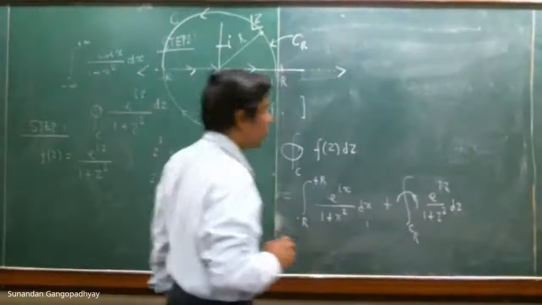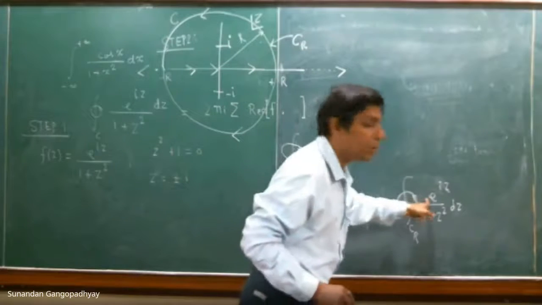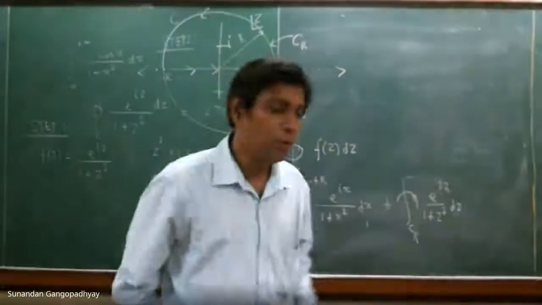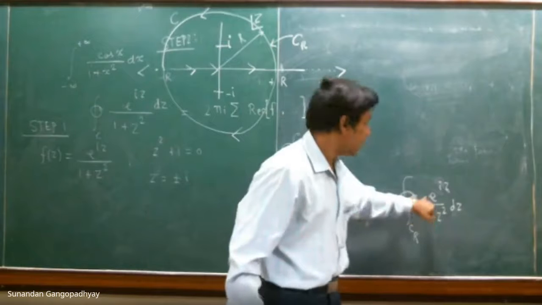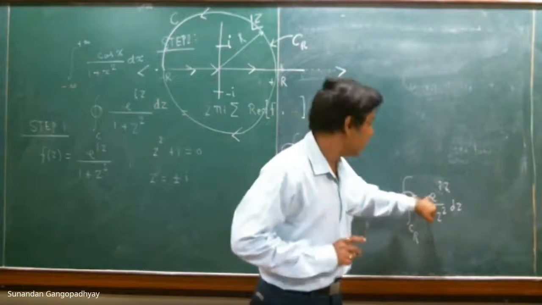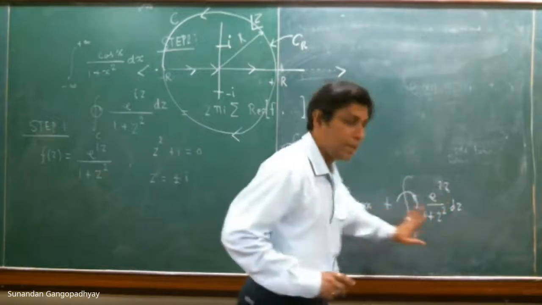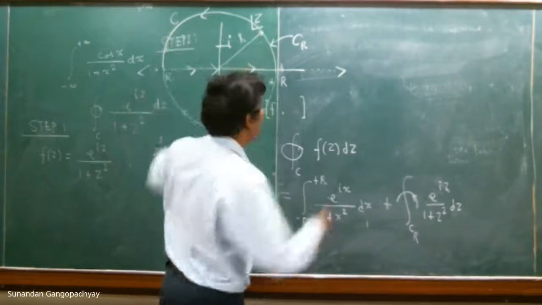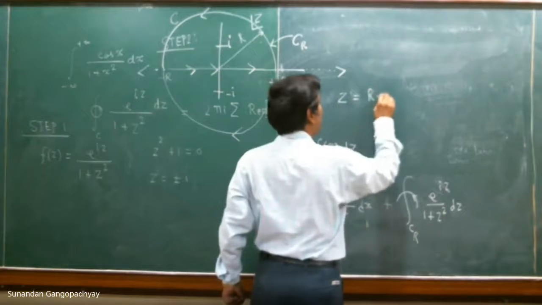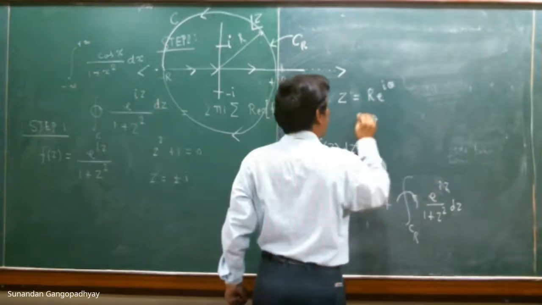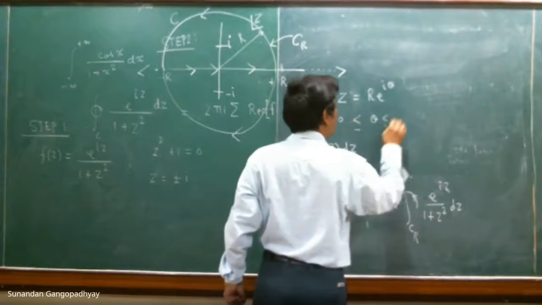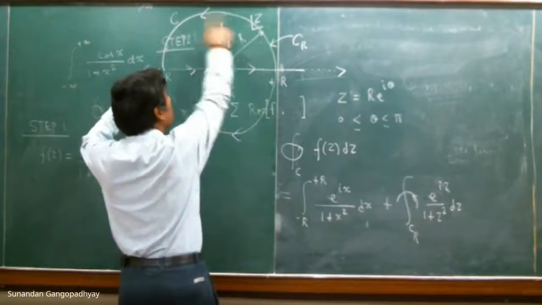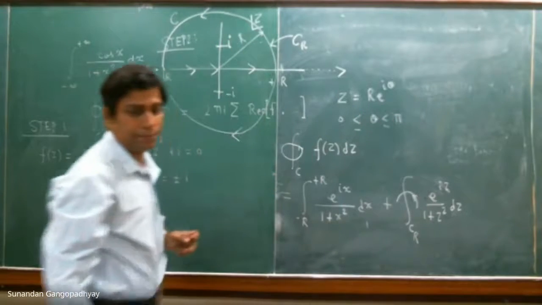The justification is the following. You see that this is e^(iz). I shall prove a lemma today, which is called Jordan's lemma. But before proving it, what I shall do now is use that result to evaluate this integral. Just note that z on this semicircular arc is what? z is r e^(iθ), where θ runs from 0 to π, right? So when you are on this contour CR, z is r e^(iθ).